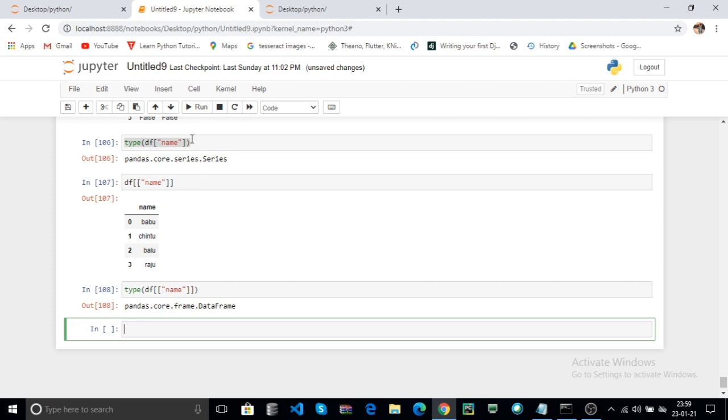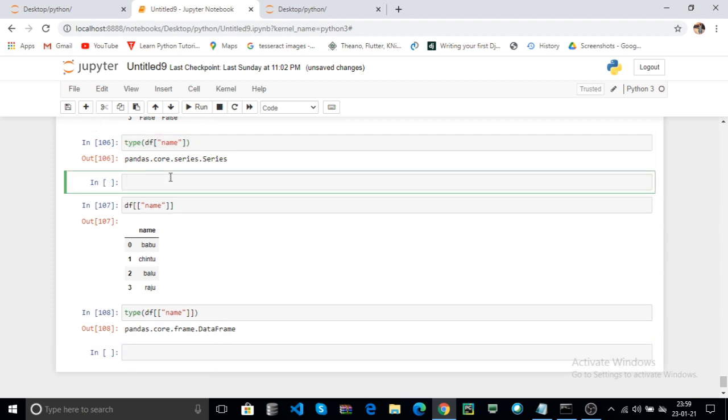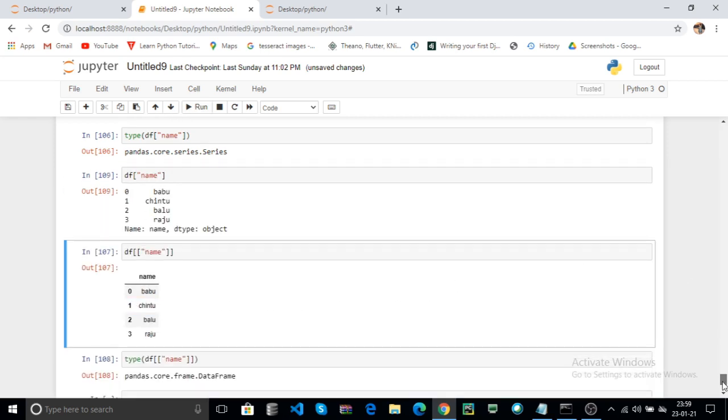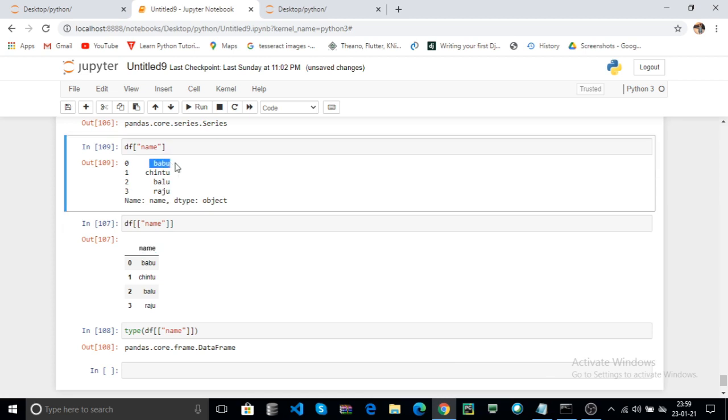Before it was a series. Now how is a series returned? You can check df of name, it is a series. The data frame is a two-dimensional array. Here the data frame contains name as the column name. Here it does not return any column name because it is the series data type.